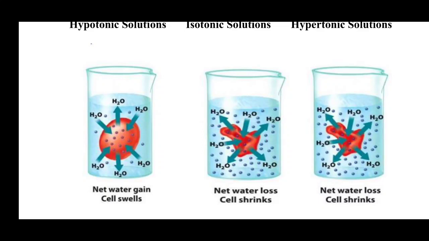You can also take an example of chana dal, chana and all. When you are soaking it overnight, in the morning when you see it, it will be swollen up. Why is it swelling up? Because the water molecules from the outer surrounding get inside the cell and it will swell.